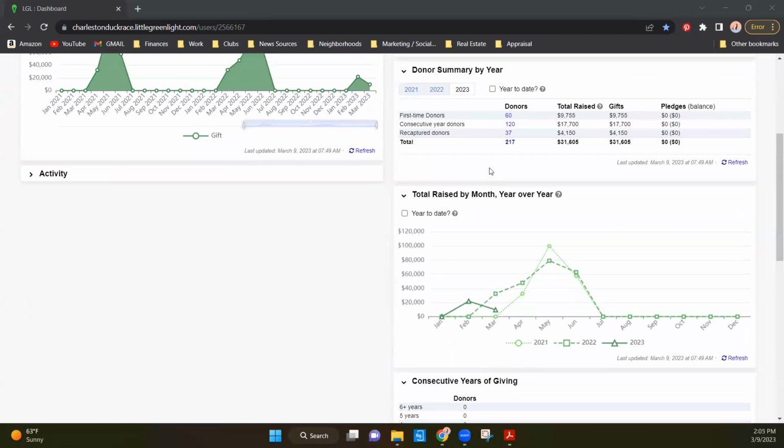As you scroll down, you can see a couple different things. First one is donor summary by year. You can see all the different folks that have consecutively donated. To see the folks that are in that category, you can click on this and it would show you that. But for the purposes of this video, I'm not going to do that